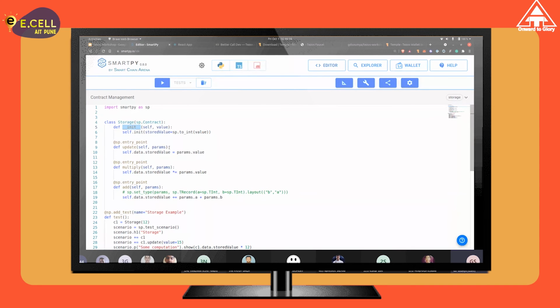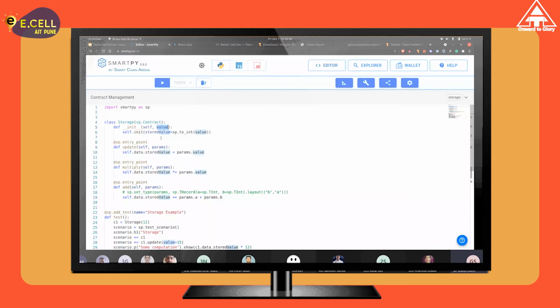To define the storage, we call the self.init function, which is going to define our contract, and any data that goes inside this is basically going to be stored on the blockchain and can be updated on the blockchain. In this example, we have just stored a single value called stored value, which is an integer that we are taking from the constructor itself. We are passing a default value to the constructor, and that is going to be initialized as a default value for the storage.